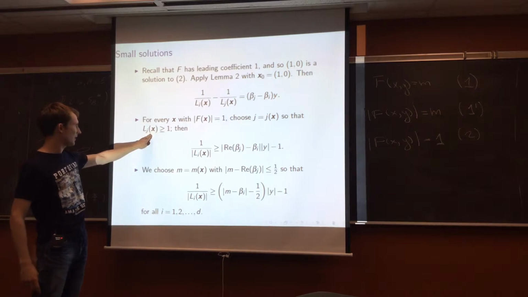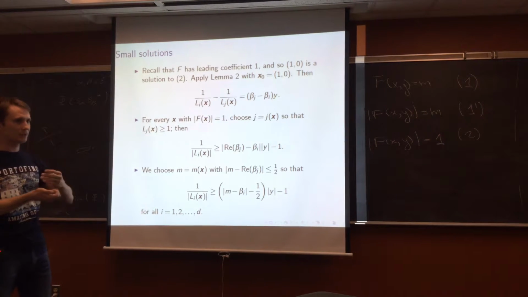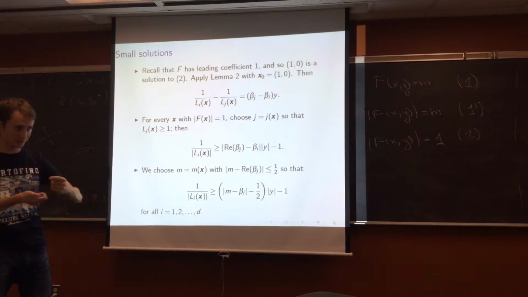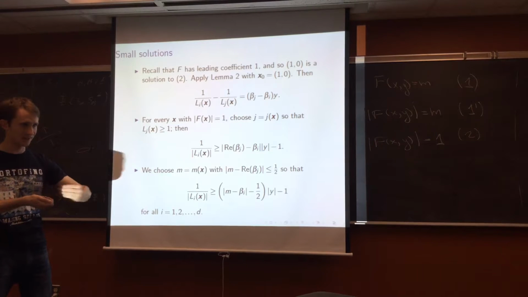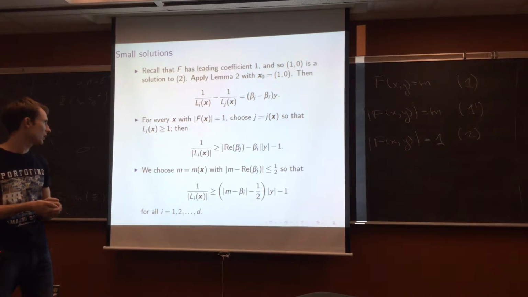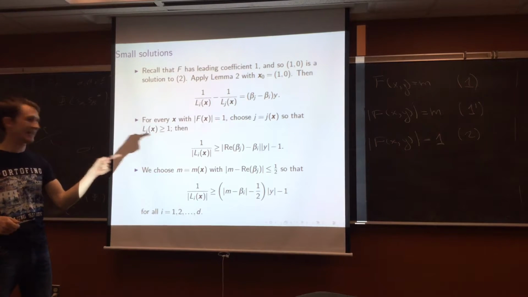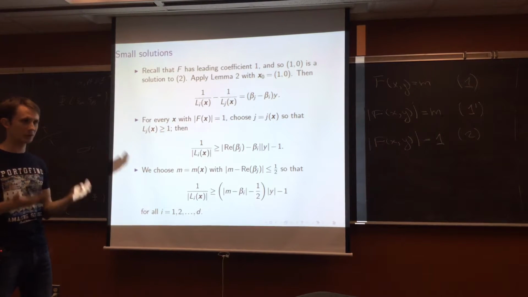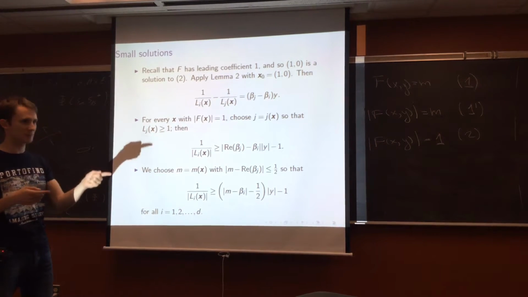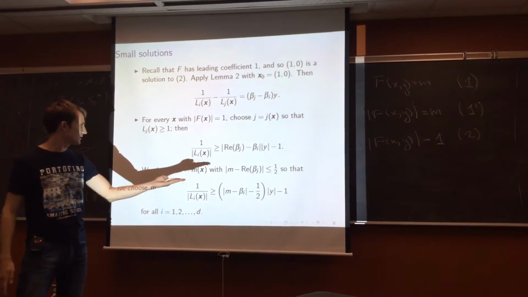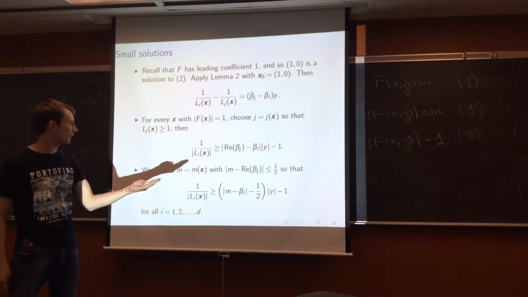Of course, there should be an absolute value, but if you write down your f of x simply as a product, because that's what it is, f of x factors as a product of linear forms, then at least one of the linear forms has to be greater or equal to 1, I mean, the value at x. So that's what I'm going to pick: I'm going to pick my j with respect to x. But then what I can deduce is this kind of inequality. Where does it come from? Well,